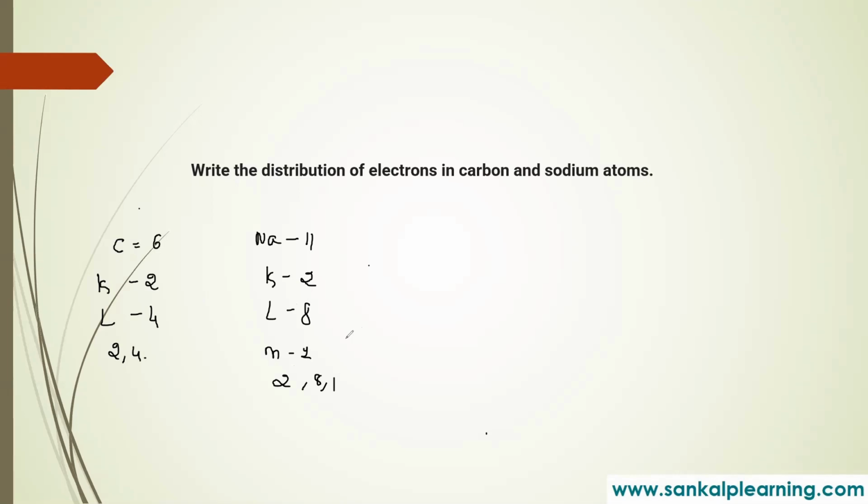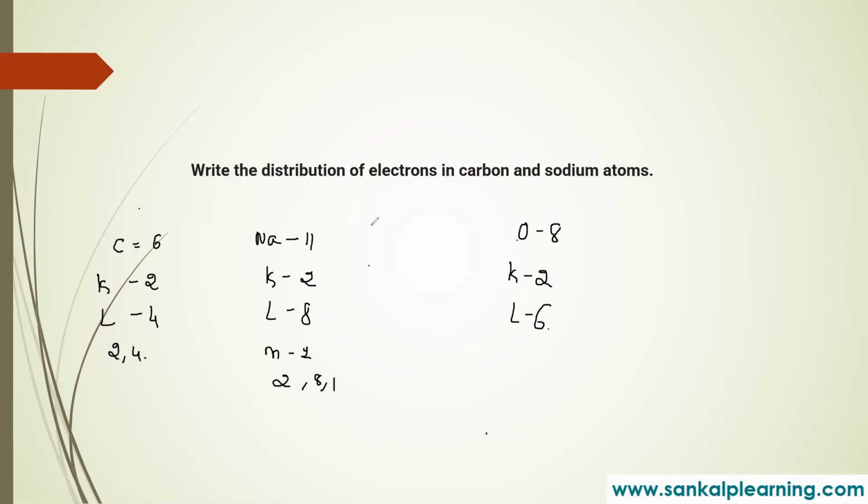So that you understand better, I will take another atom, oxygen. Oxygen has 8 electrons. How many in the K shell? 2. So 8 minus 2 is 6. In the L shell we can put a maximum of 8, so the remaining 6 go in the L shell. The electron distribution is 2, 6. Any bigger number also we can take here, students.